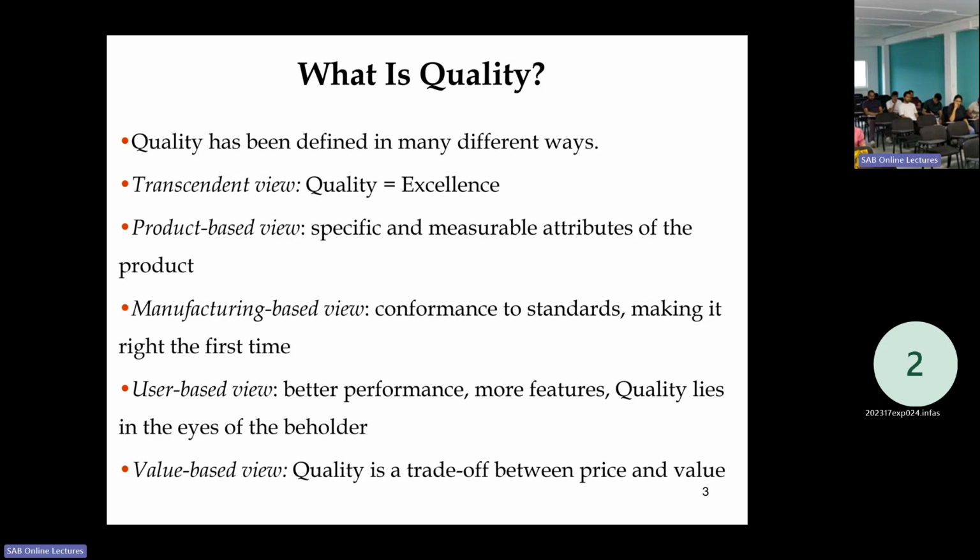Right, coming to the next point, making the right product first time. Now, does that mean manufacturers can't produce wrong items? I mean defective. Their aim is to reduce defectives as much as possible, but due to the nature of operations, manufacturing activities, due to various different reasons, finally they may produce certain defectives as well. That is unavoidable.